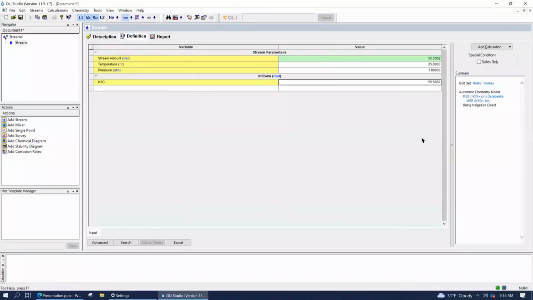Okay, and then also you'll see more salient or more interesting information once the calculation is done here, like how much material is in the vapor, aqueous, or solid phase, or oil phase, what the pH is, what the density is, how long it took to calculate, things like that.